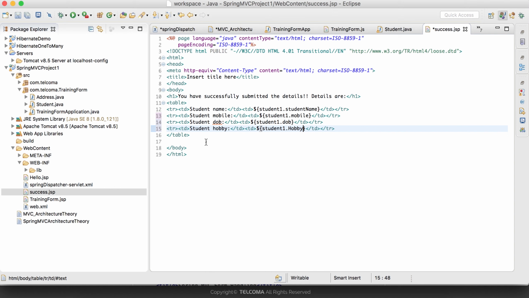So this is the modification which we need to do for handling the HTML form. In the next tutorial, we will run this application and see how the output is displayed to the user, and we'll also study more annotations involved in it, that is the binding result annotation and how automatic binding is done, model